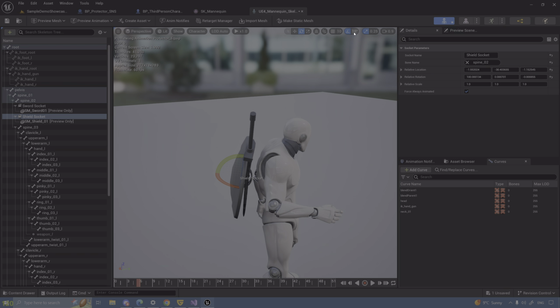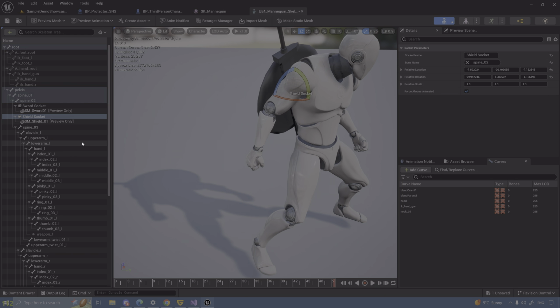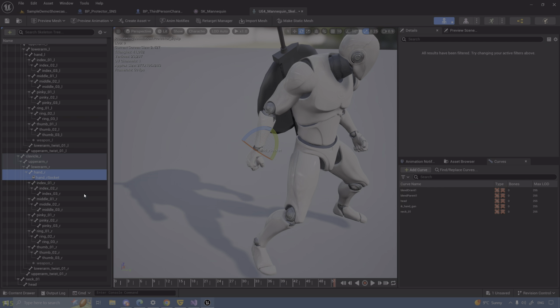Let me remove snapping for a second. Probably something like that. Okay, now for the equipping spot to be specific, let's go here and add a new